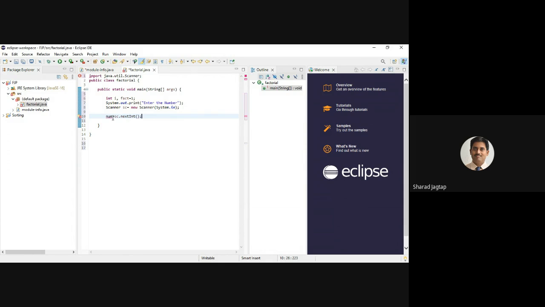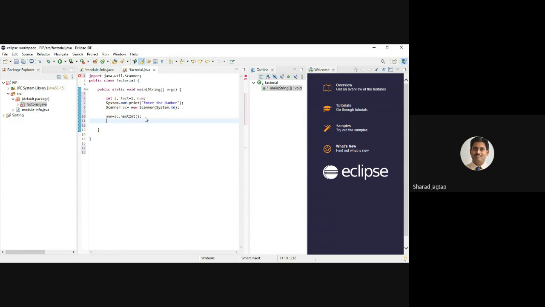Okay, so here again it will show this red underline. That means it will create some error, because we have used this variable but not defined it. So for that, here we can define that variable as num. Okay, now this is solved.